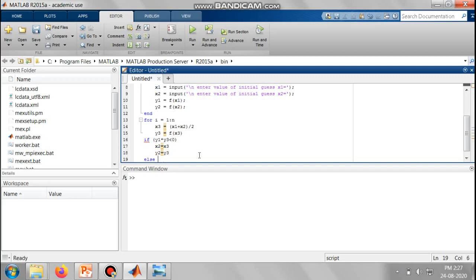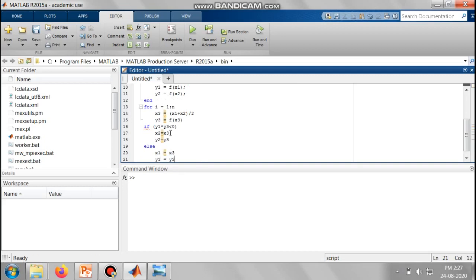Else, if this condition is not true, then replace x1 with x3 and y1 with y3. So you can give space also, even if you don't give, it is fine, no problem. Okay, so you can terminate this particular statement, because I don't want to see how the values are being replaced in each iteration.